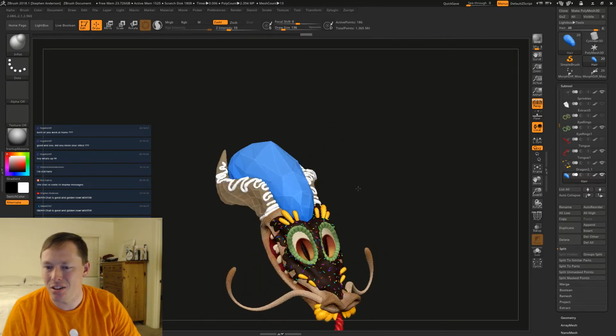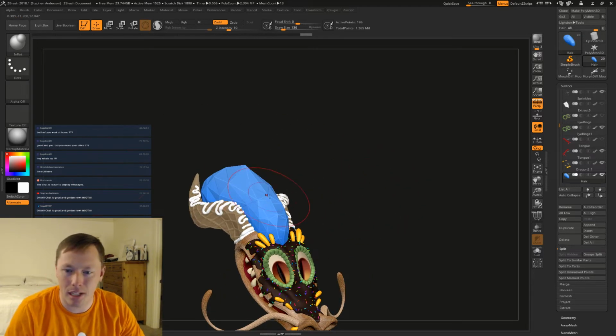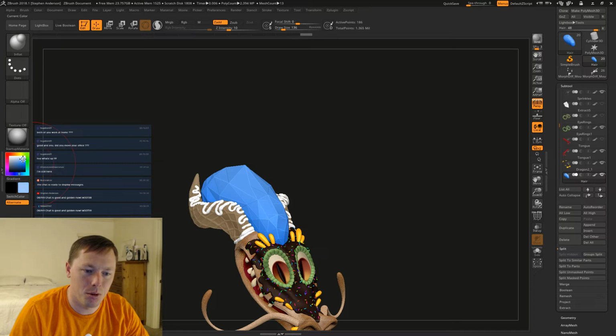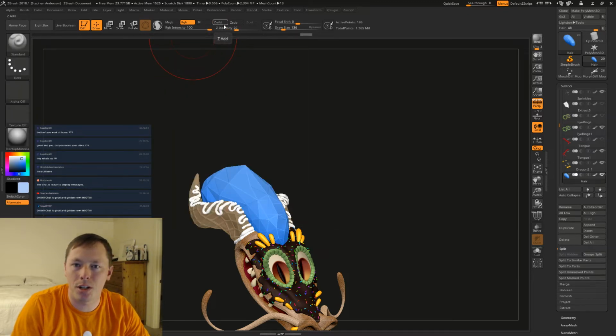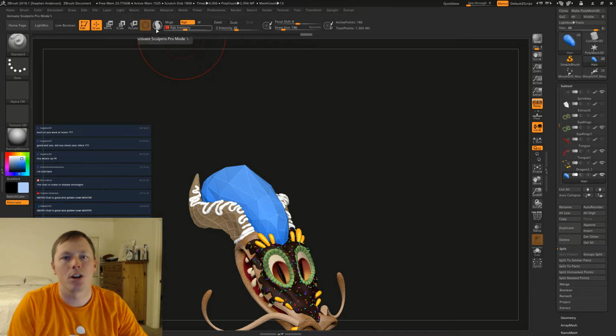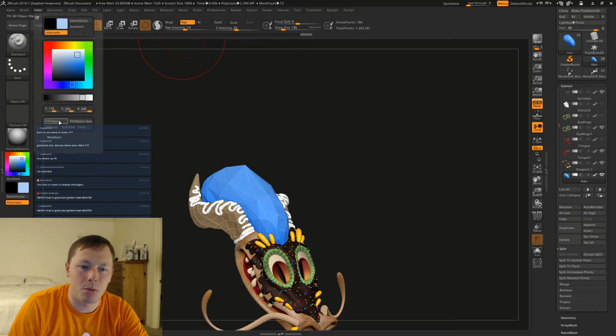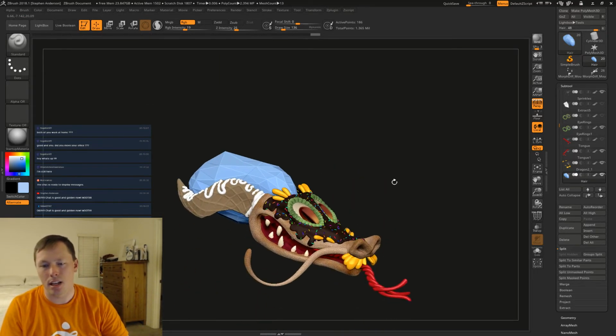So let's give this a little bit lighter of a blue. And let's go to our standard brush, RGB, turn off Z add, turn it really down low on our RGB intensity, and then we can just come over here and fill object until it kind of gives us the color that we want.